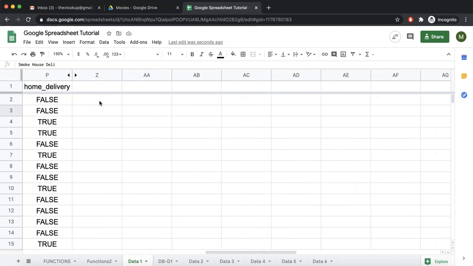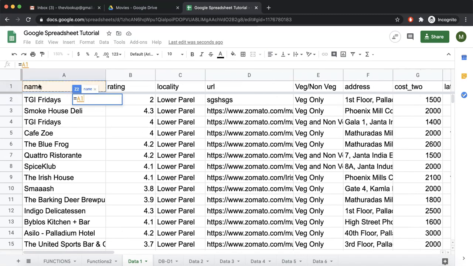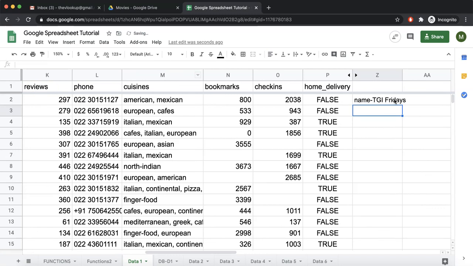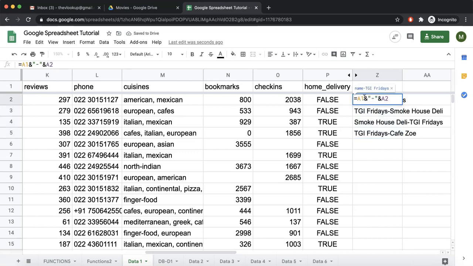So basically what we are looking for is equal to name and dash and this. Now this is perfect. Name is TGI Fridays. But when I drag this down, you see everything got messed up, because this was A1 dash A2, this becomes A2 dash A3, this becomes A3 dash A4.